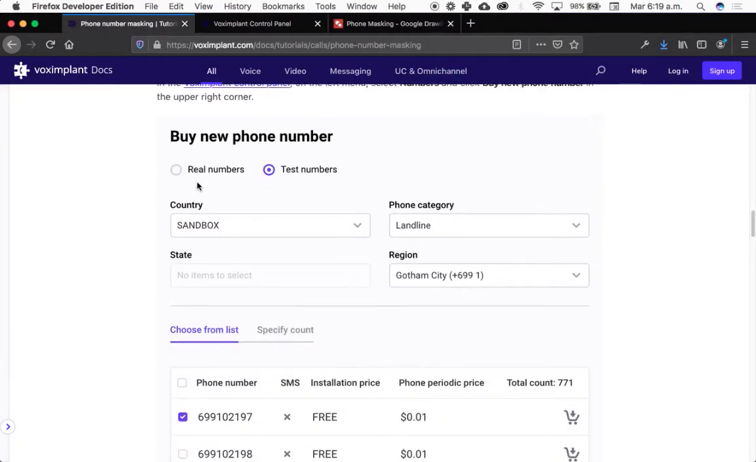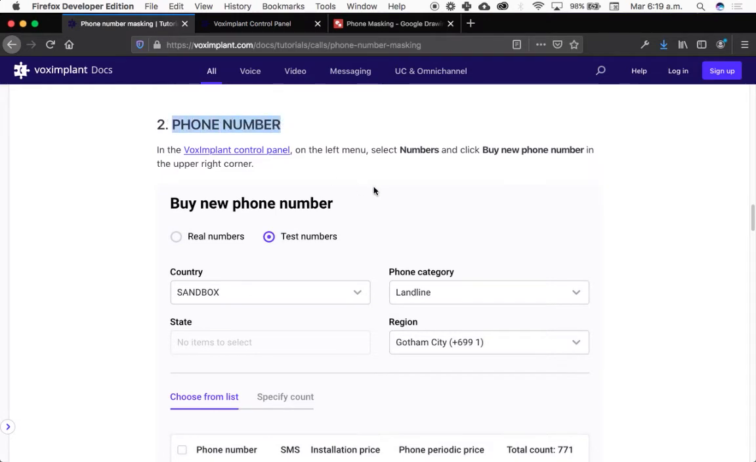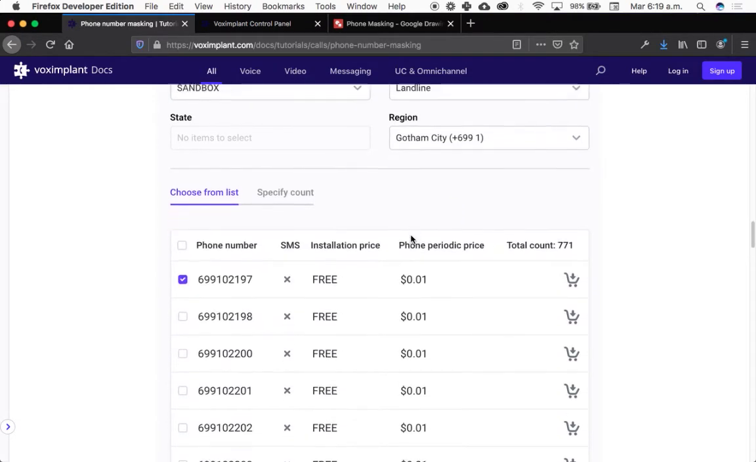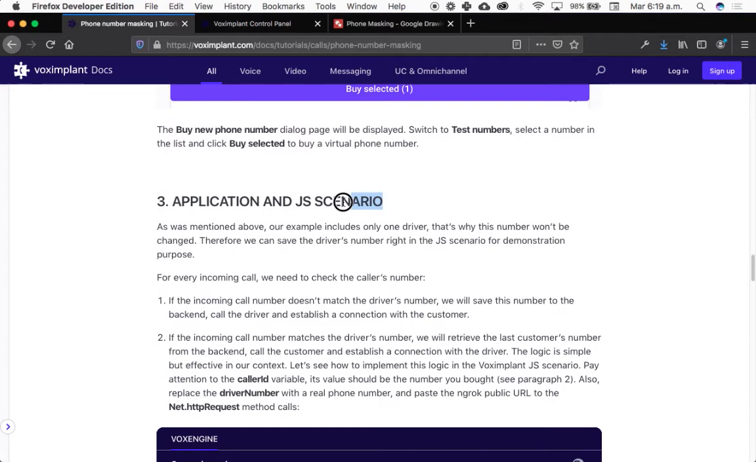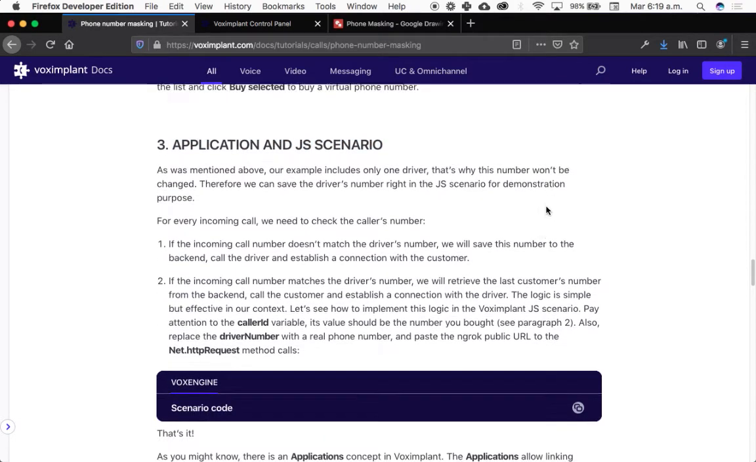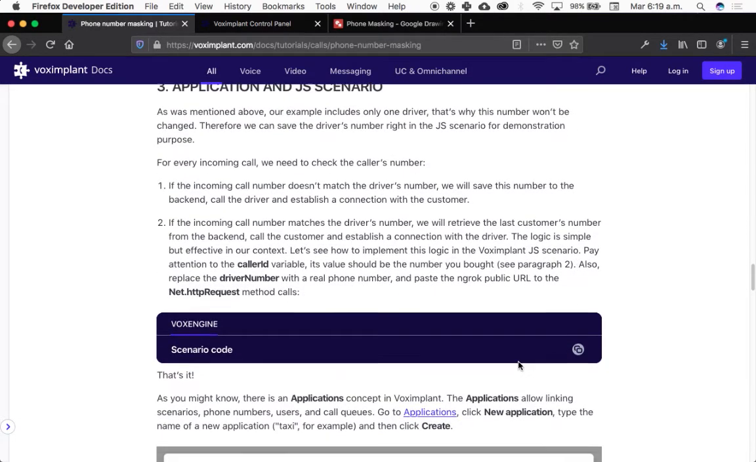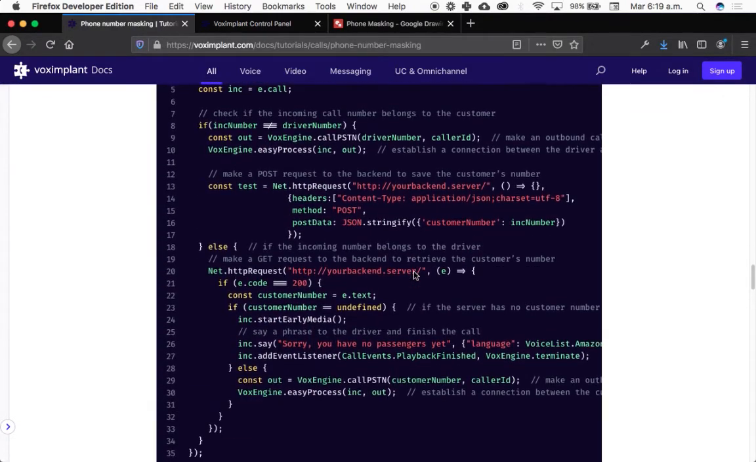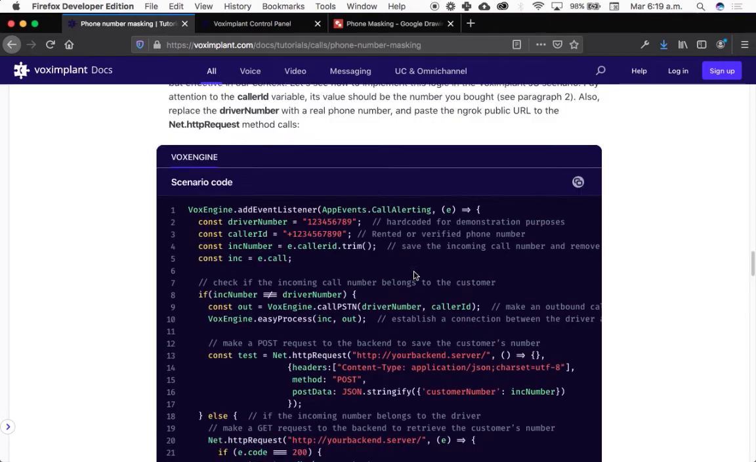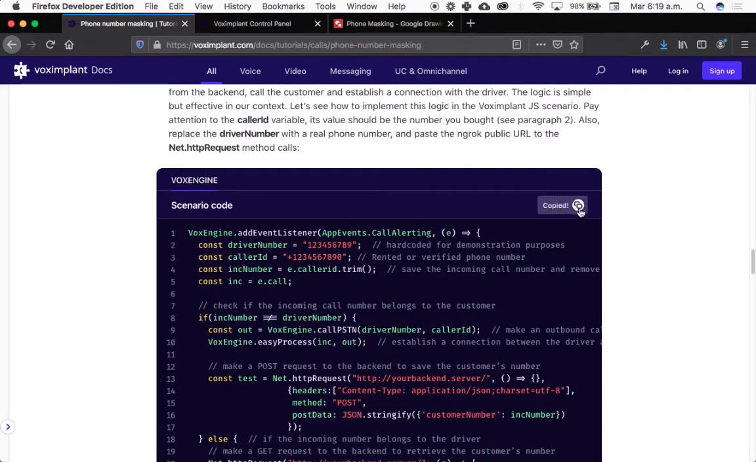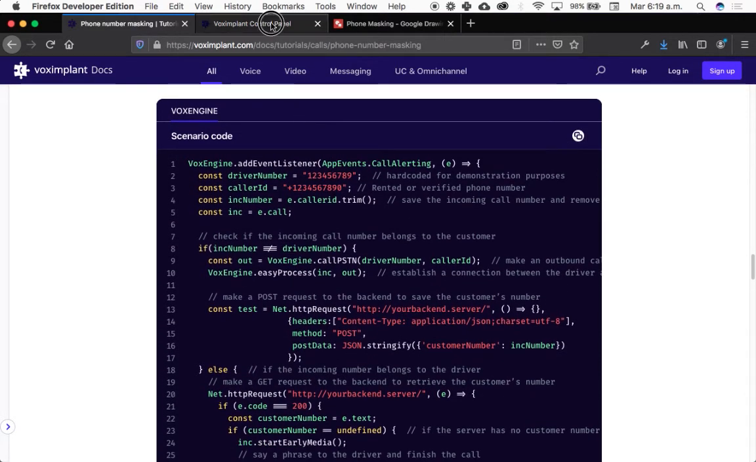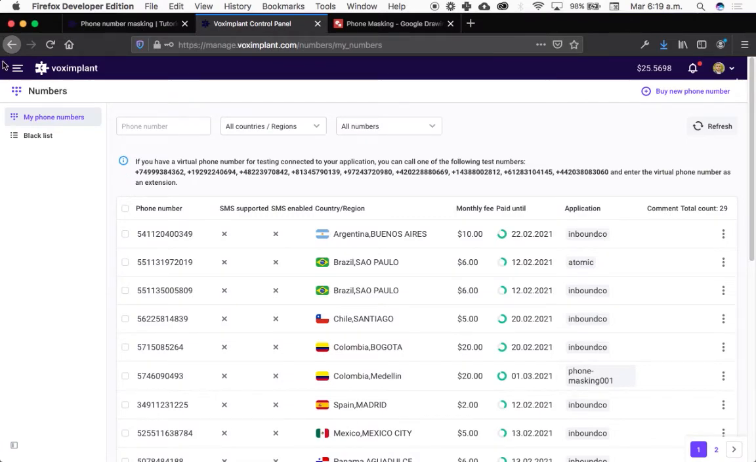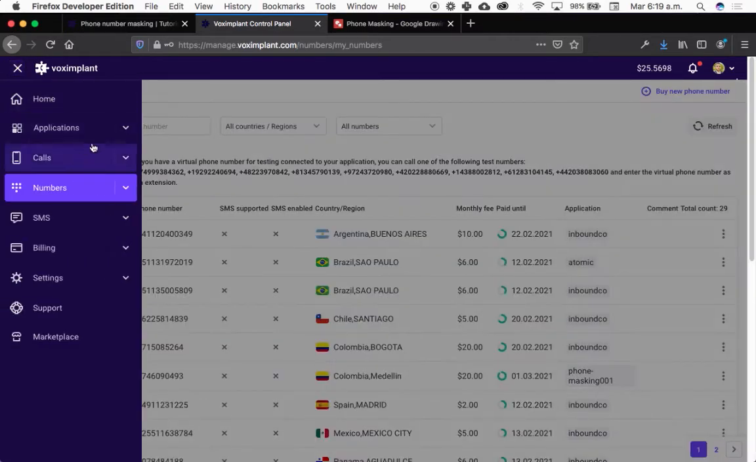Now, we did already the first part, buy the phone number. Now, what do we need to do? Application and JavaScript scenario. Now, we have the code here of this scenario, so I'm going to explain it really fast. Let's go ahead and put it in our Voximplant scenario. How do we do this? We just go to our application,